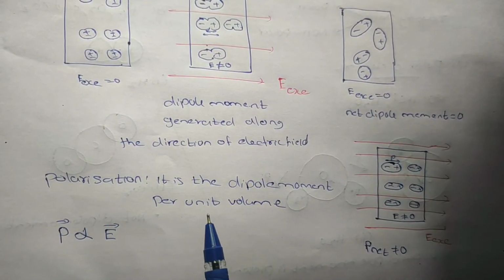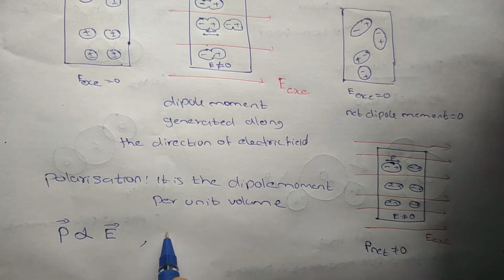So for this 2a, the dipole moment P is equal to Q into 2a. So the dipole moment increases when the distance increases. Clear? So we can say that the polarization P is directly proportional to the electric field. When the electric field increases, stretching increases, that is, the distance between the positive and negative centers increases, and the dipole moment increases. Dipole moment increases, meaning polarization increases.